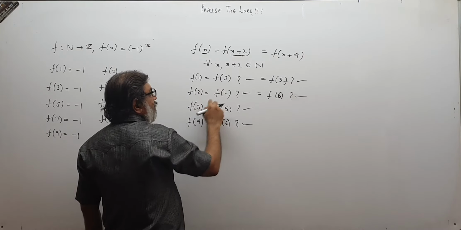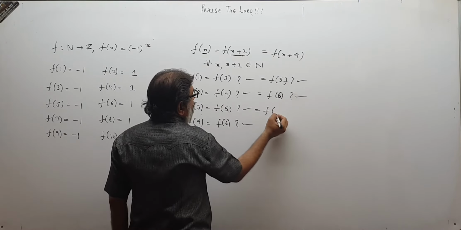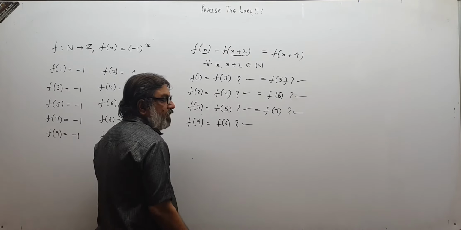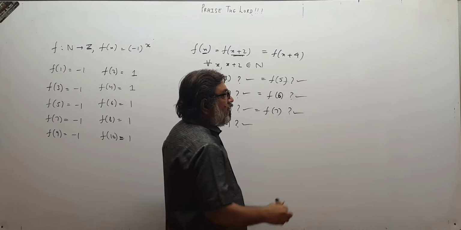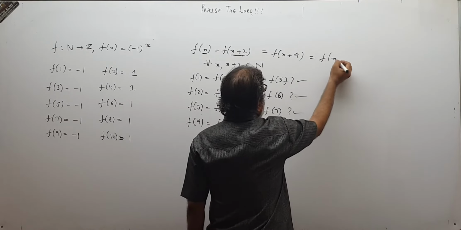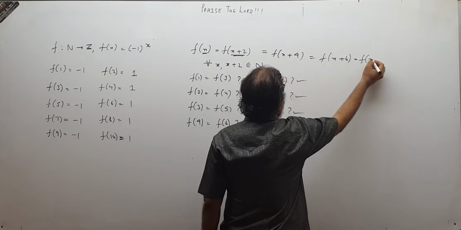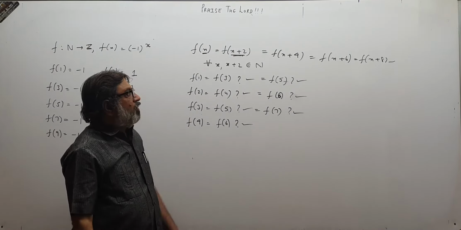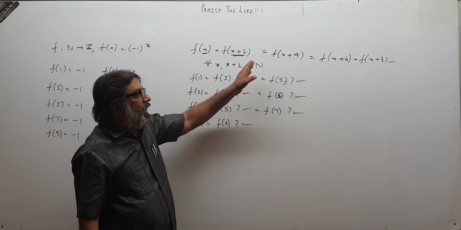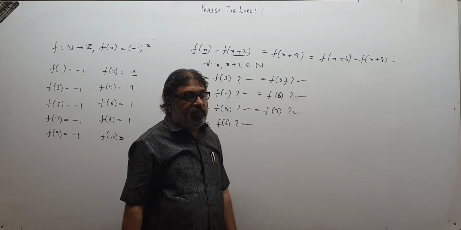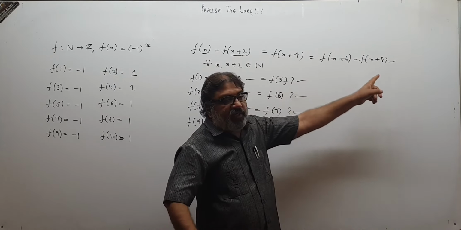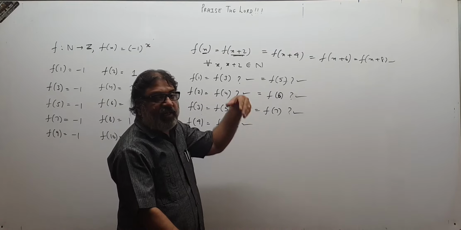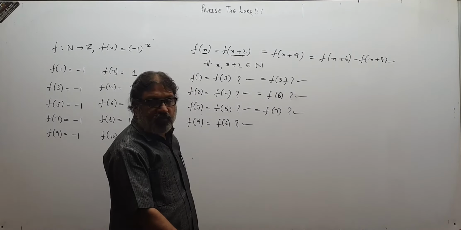When x becomes 3, so this will become f of 7. Are f of 3, f of 5, f of 7 equal? Yes, they are equal. And later you can check. So this will also be equal to f of x plus 6, that you can check. That will also be equal to f of x plus 8 and like this. So f of x is f of x plus 2, x plus 4, x plus 6, x plus 8. These 4, 6 and 8 are what? Multiples of 2. 4, 6, 8 and then 10, then 12, these all are multiples of 2.